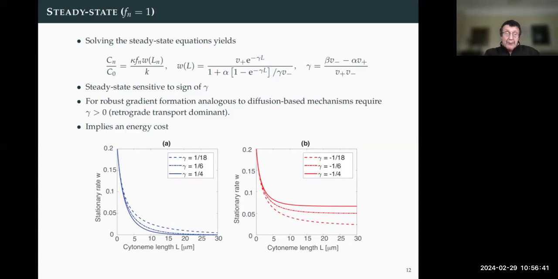And lo and behold, as one might expect, just as in diffusion-based morphogenesis, you get morphogen gradients in the steady state. And their behavior depends on whether the net transport is in the positive or minus directions. This is a bit counterintuitive, and I'm not claiming this is the correct way things work. But what we discovered when we looked at this is we didn't just look at the stationary distributions, but we started asking questions like, well, how long does it take to set up the morphogen gradient? Is it consistent with biological timescales? And more importantly, how robust are these things?